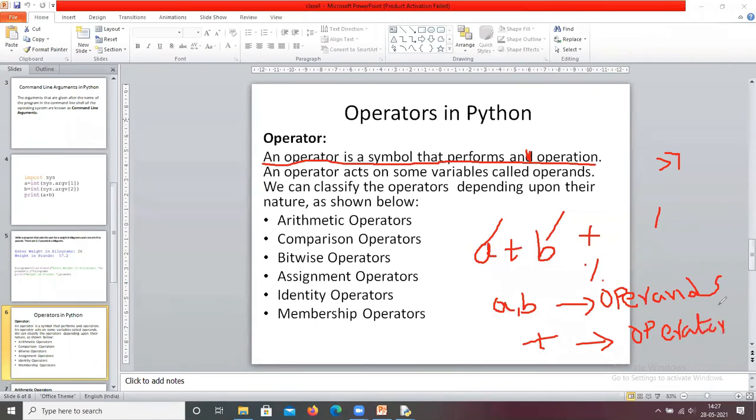We have different types of operators: unary operator, binary operator, and ternary operator.